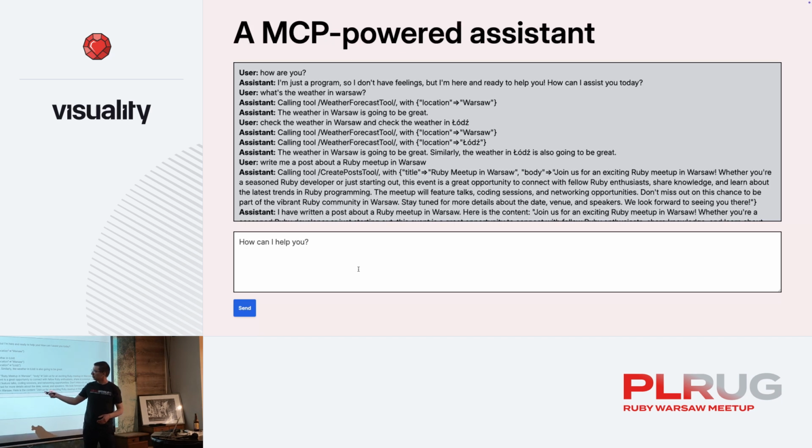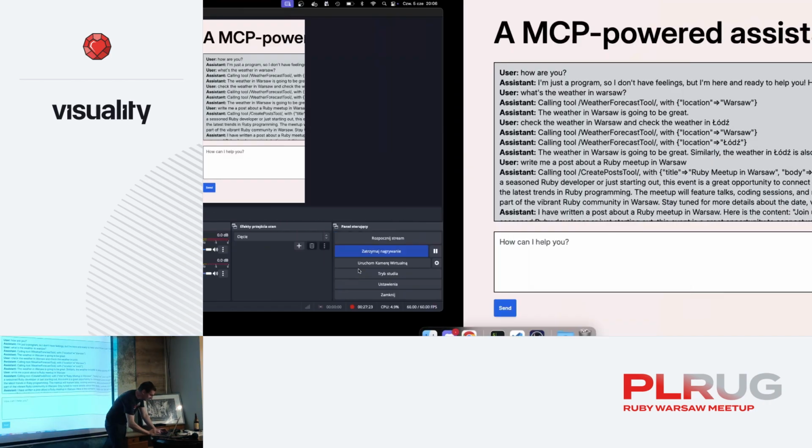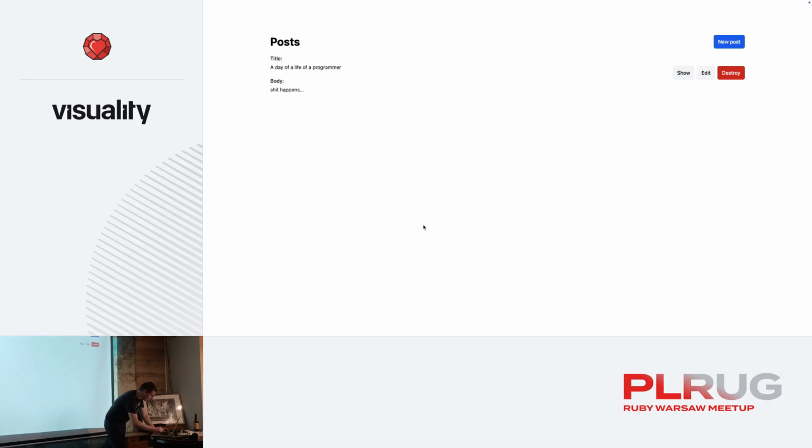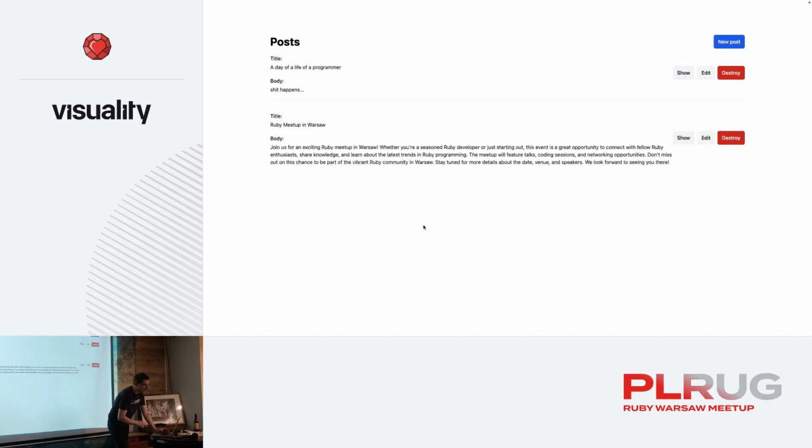Calling tool, create post tool with title Ruby Meetup Warsaw. Body, join us for an exciting Ruby Meetup in Warsaw. This is not how we create the invitations, I assure you. And if we go back to this tab and I refresh, now I got this post in here,